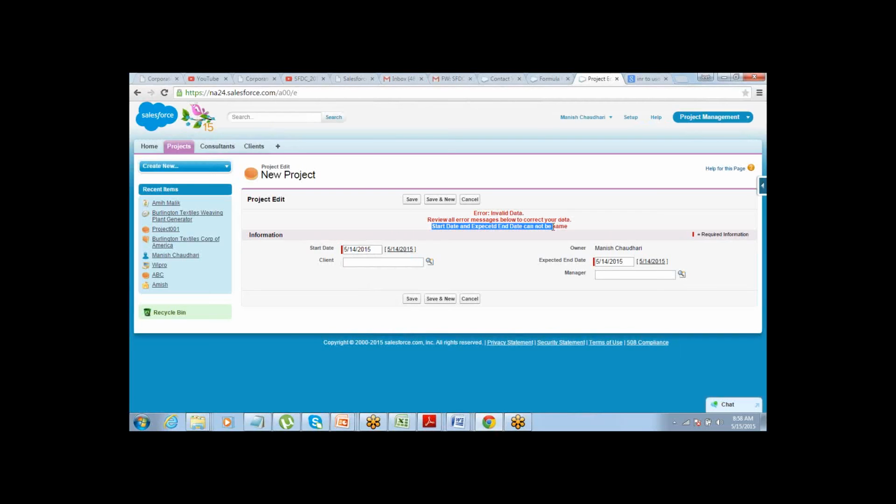So what we understand from here is there's no new concept in validation rules. The only thing is how good you are with the functions; you will be able to write good error conditions. If you understand the formula functions well, you can write error conditions well, and then you can validate your data the way you want, right? This is also simple stuff, very similar to formulas.